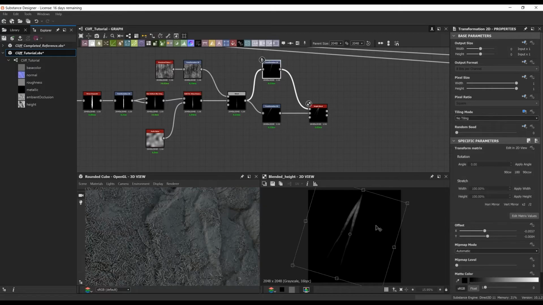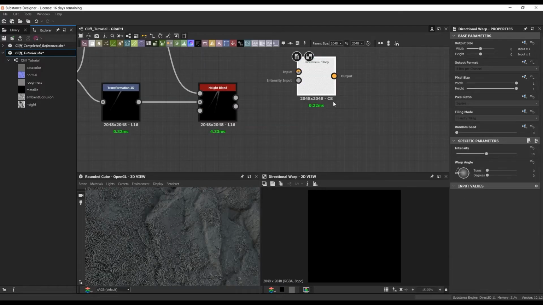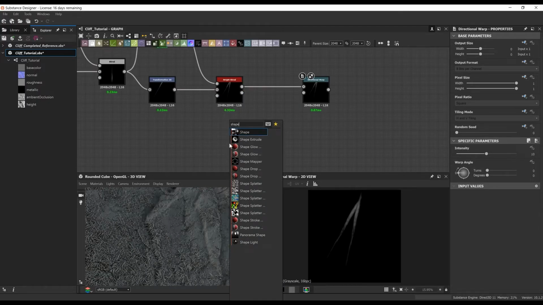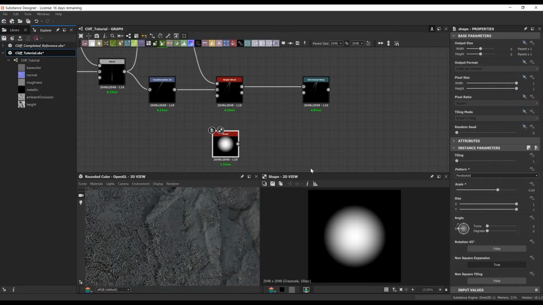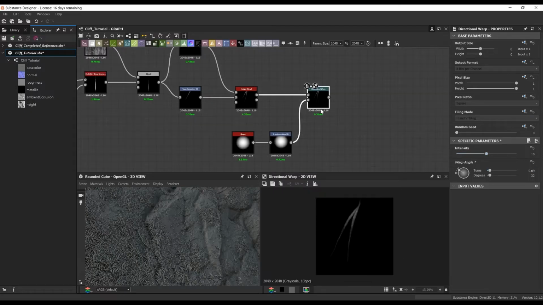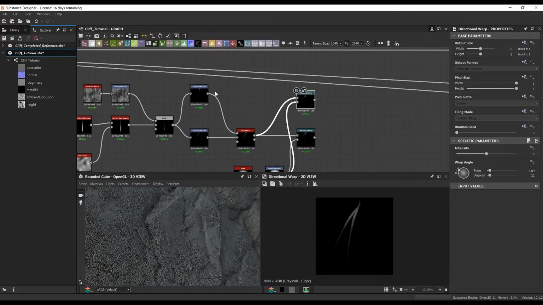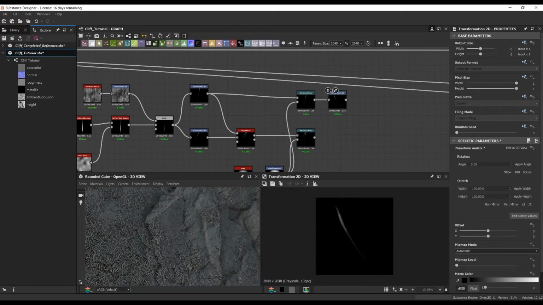So once I have that, I'm actually going to do another directional warp, and with, I believe it was a paraboloid. And what this does is I'm going to move this around until you can kind of see how it's doing a slight warp to it. It's similar to doing a Perlin noise, but when you add just a basic paraboloid, you get a little bit more control of where you're placing this movement.